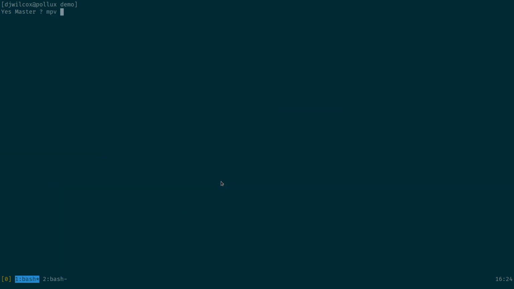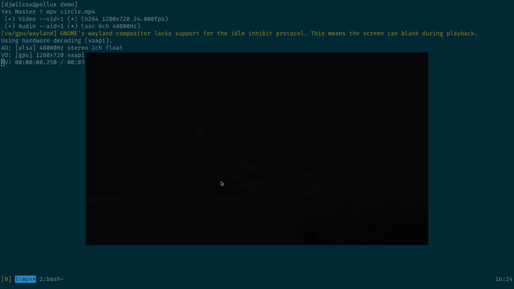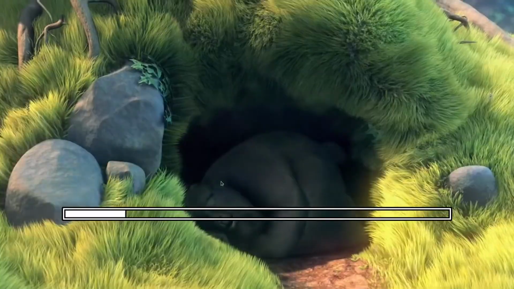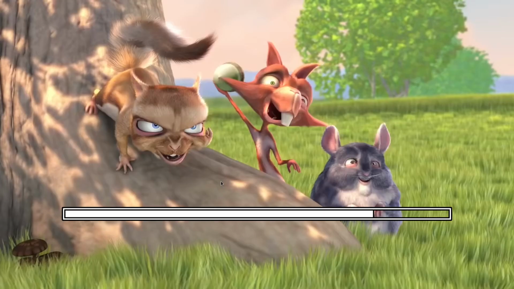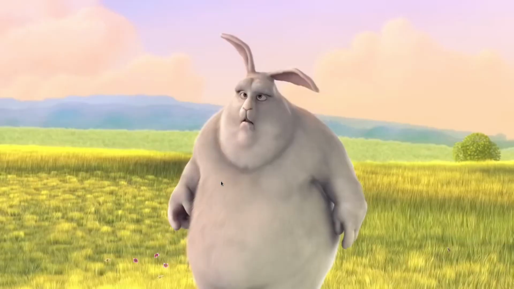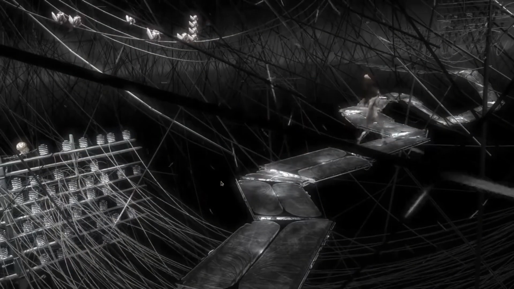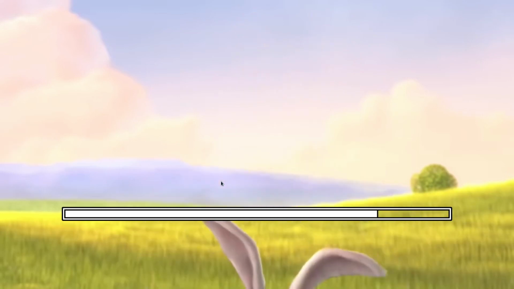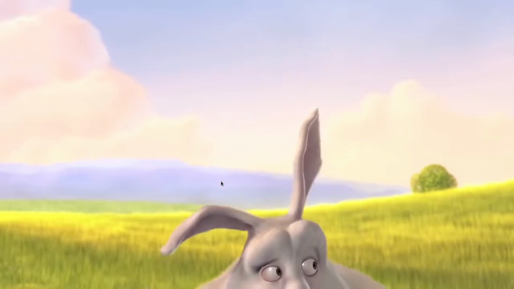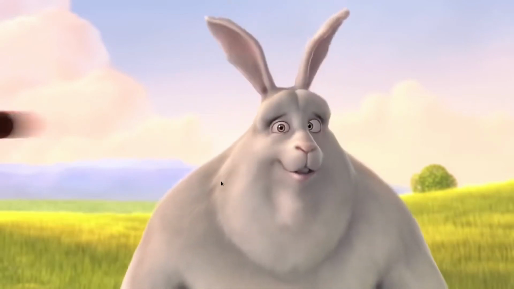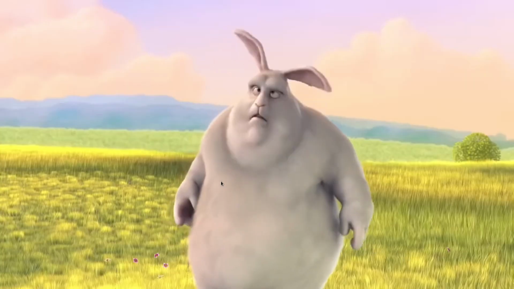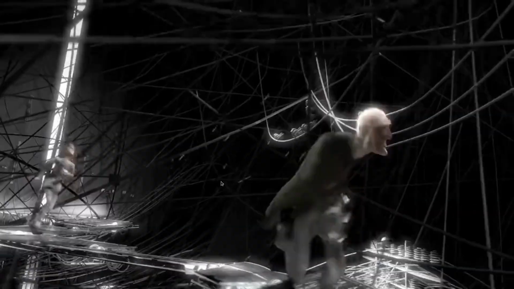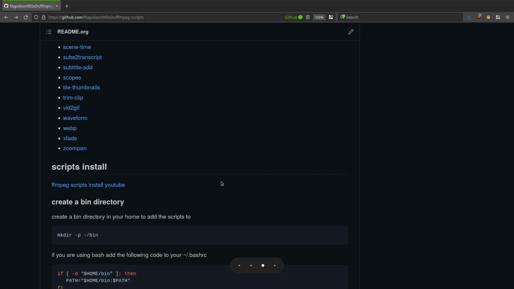So MPV circle, and what I'll do is fast forward to the position in the video where the transition occurs. So you see there, we've got nice